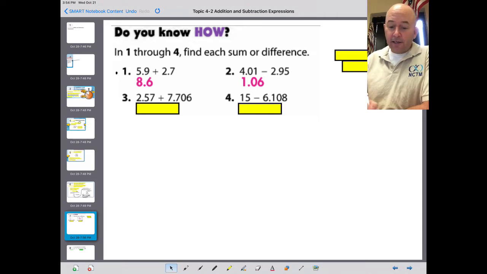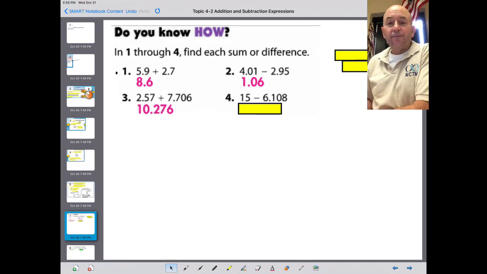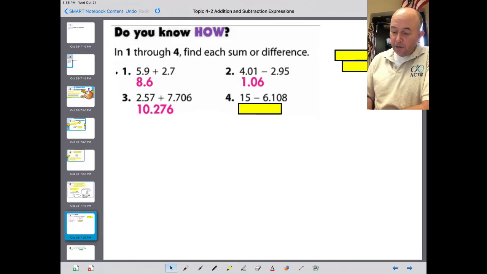Alrighty, let's see how you did. For number 3, you have 2 and 57 hundredths added to 7 and 706 thousandths. Your answer will be 10 and 276 thousandths. Now, this one you might have struggled a little bit, but remember what you want to do is